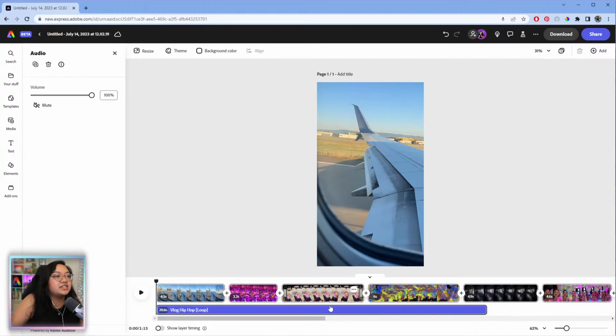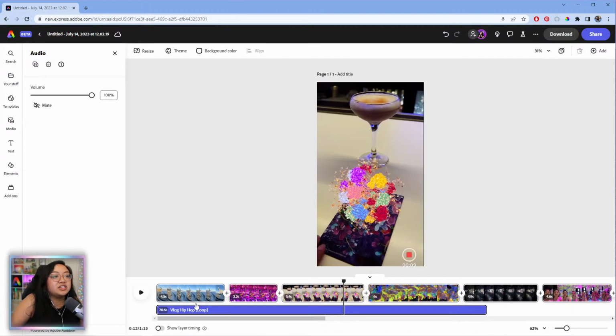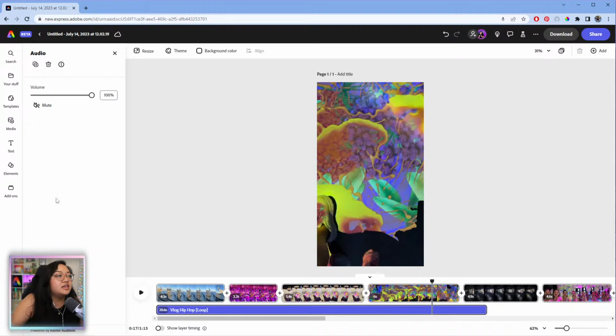Just click on it, and as you can see, it stretches across the scenes, and I am going to adjust the volume. Let's make it like a level 5 or something, really low, because the audio clips are pretty loud. Like 3% to 5% is pretty good.